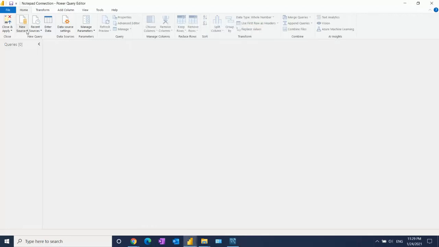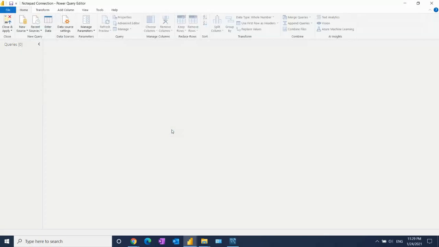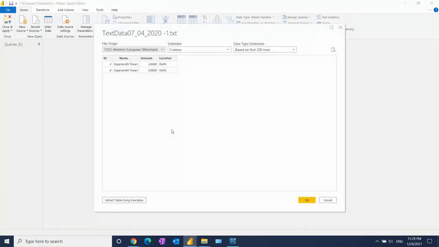Let me connect it from the source. So going to the new source, click on text and CSV, then navigate to your file in your drive where you have it, then click on open and just allow a few seconds. After that, you will see a sample number of rows appear here, but it totally depends on the data. Total detection is 200 rows at first base, and after that